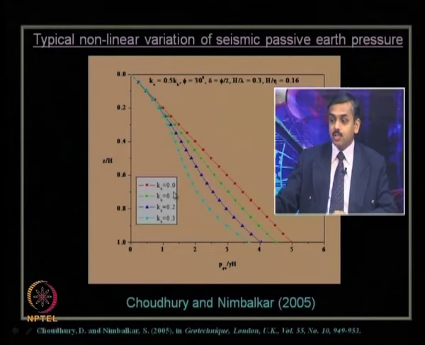So, that is what you see from the static case of this red line: as the seismicity increases from kh value 0 to 0.1, 0.2, 0.3 g, this value of passive earth pressure distribution under earthquake condition is also reducing. So, those are design values, and as the seismicity increases, the non-linearity of this variation is also increasing. So, that automatically shows that the point of application, which in the static case was at 1/3 from the base of the wall, is no longer at 1/3, but it is below 1/3 for the case of passive earth pressure.